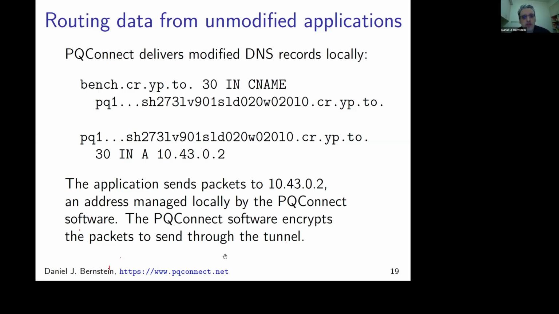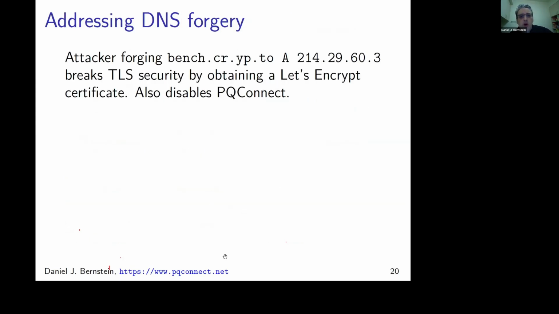Then the PQConnect software says, aha, here's some packets, which I will encrypt and send through the tunnel to the server. And the server similarly delivers the decrypted data to whichever application is running on that server without any changes to the application software. All of this is relying on the DNS data to be secure, just like TLS does. People will often ignore this security problem, but there is a security problem with